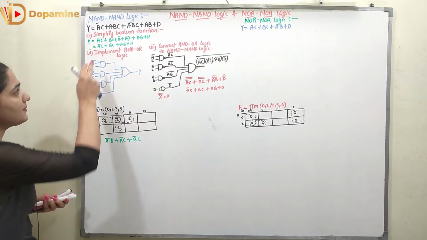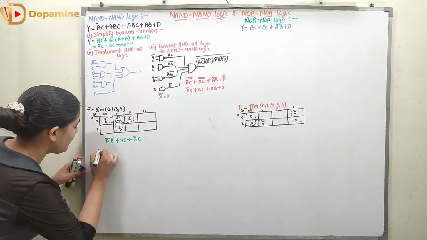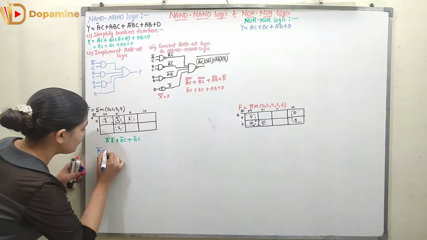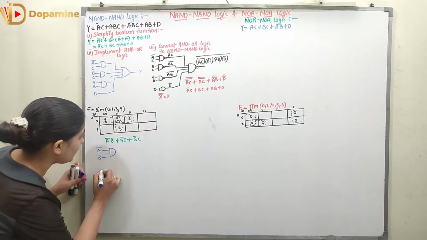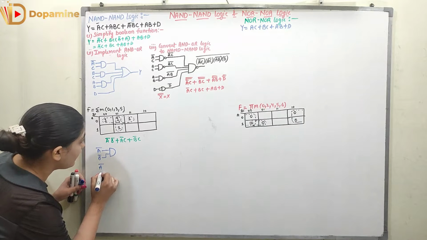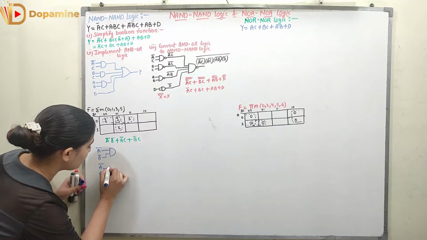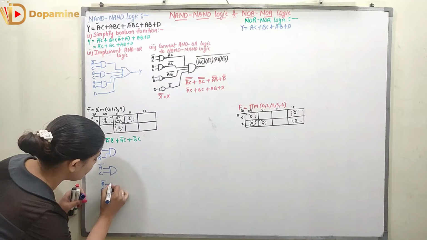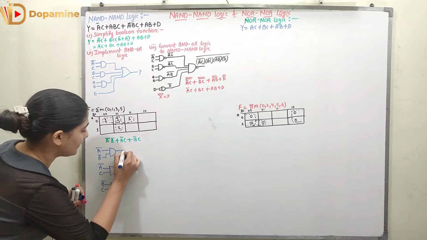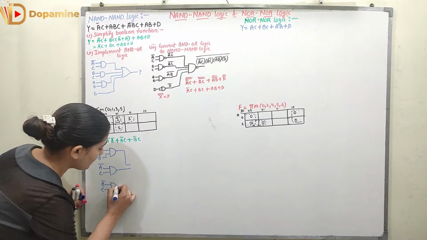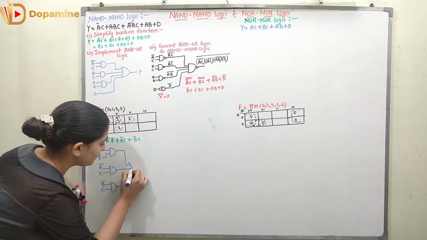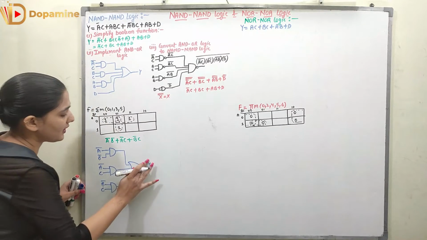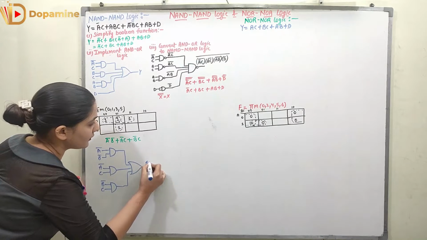Now I have to first make the AND OR logic. Here we have a bar and b bar, so I am going to send these two to the AND gate. Then we have a bar and c, I am going to send these two to the AND gate. Then we have b bar and c, I am going to send these two to the AND gate. All of them are added, so I am going to send all of them to the OR gate. So here I will get the output F.